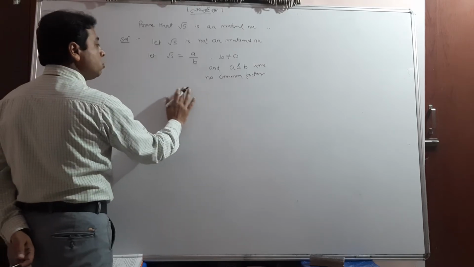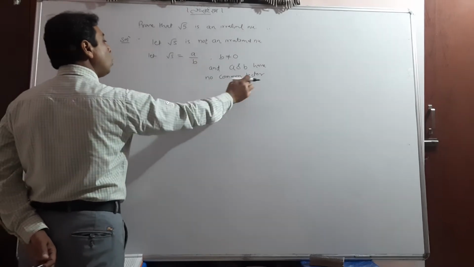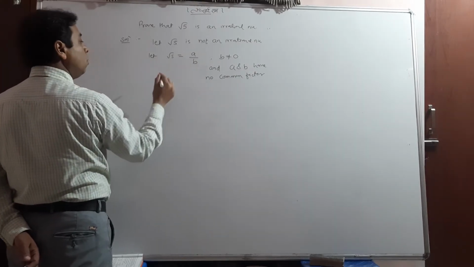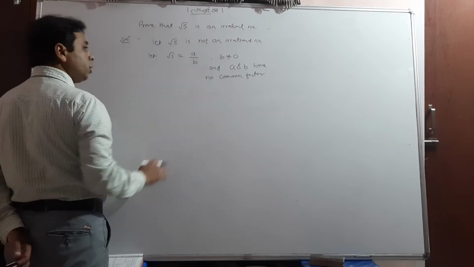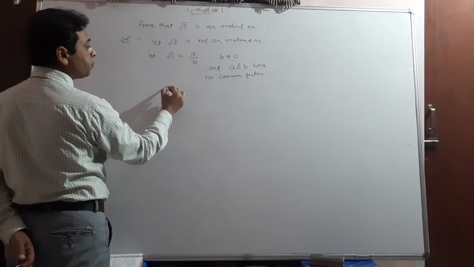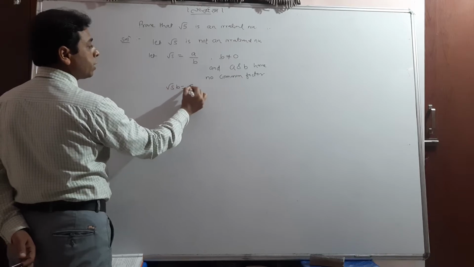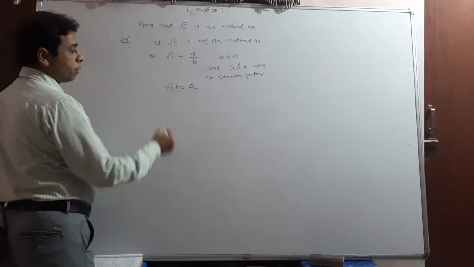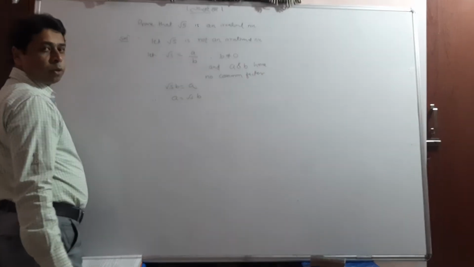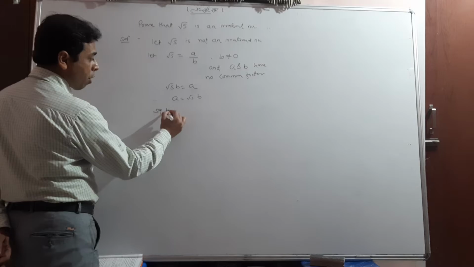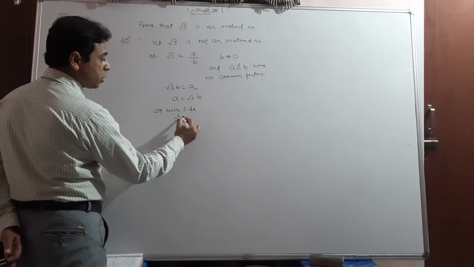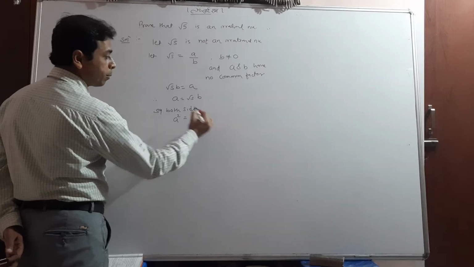Okay. Now, student, a and b have no common factor. I assume that it is a rational number. Now, it is a contrary condition. So, how to go further? First, we transfer b here. So we'll get a equal to root 5 b. Then after we can write a square equal to 5b square. We square both sides. We get a square equal to 5b square.